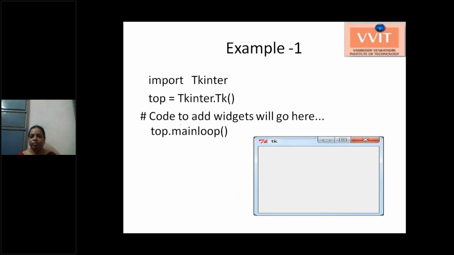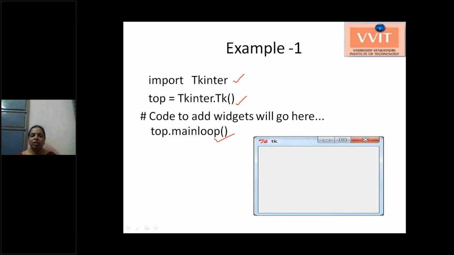Now, first creating a normal plain window. For that first we need to import the tkinter module. Then call the method tkinter.Tk, which creates one blank window, that is one default window, which has the icon as a Tk, and minimize, maximize and close buttons, and the frame of the window. So at the end of the code you need to mention top.mainloop. This starts that window. The main window will be started and you will get the display of the main window.